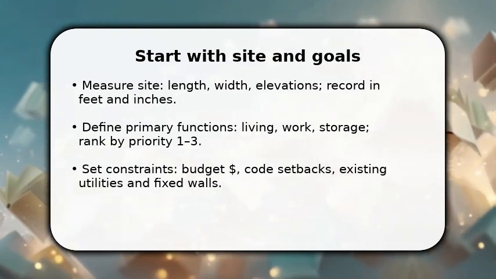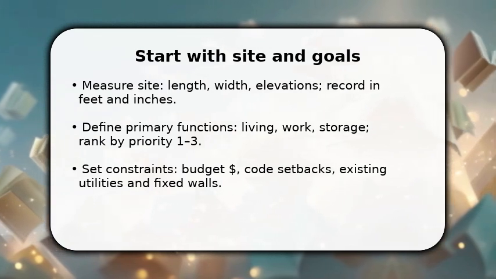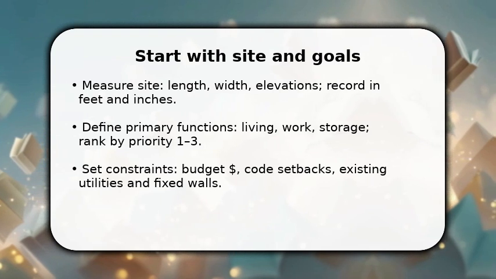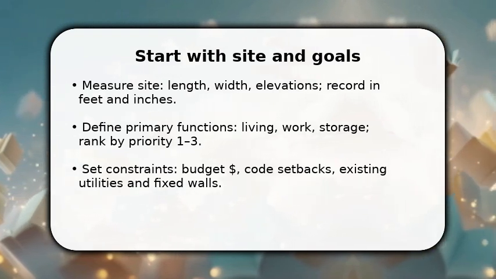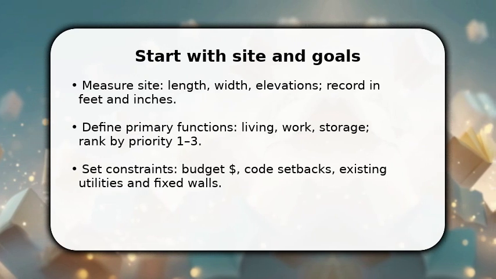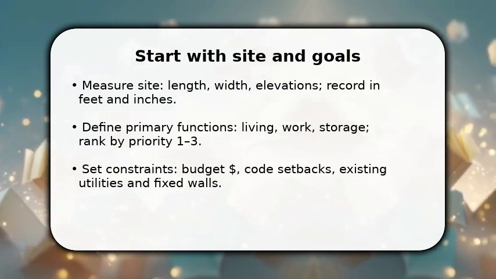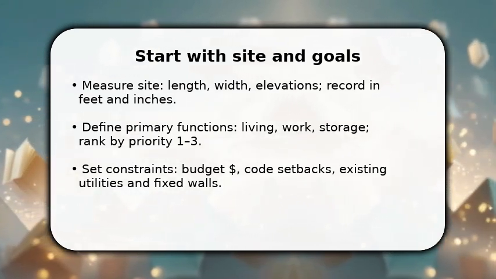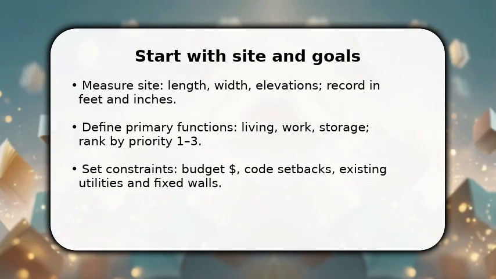Make sure to record constraints, budget, code setbacks, fixed walls, and utilities, because these will shape every layout decision you make. Don't assume anything. Now sketch a simple bubble diagram tying high-priority uses to site areas and move directly to